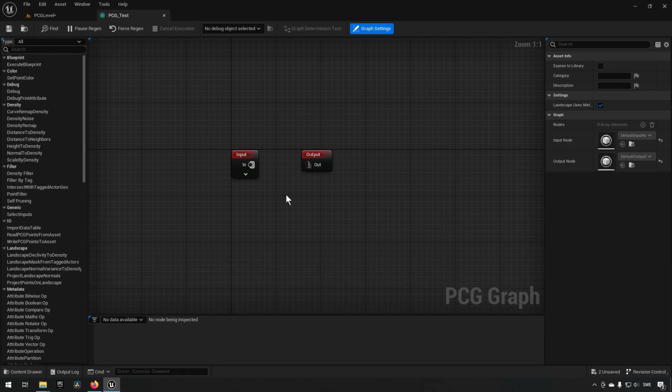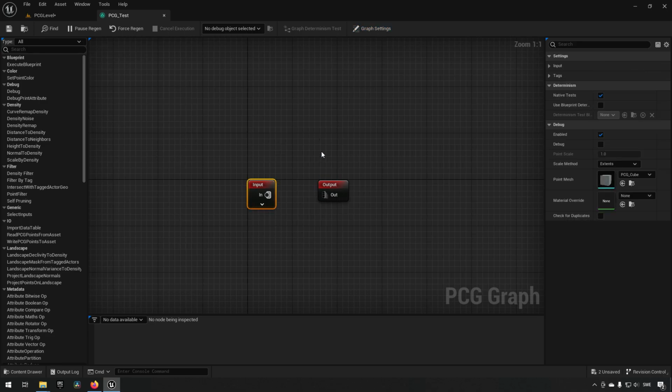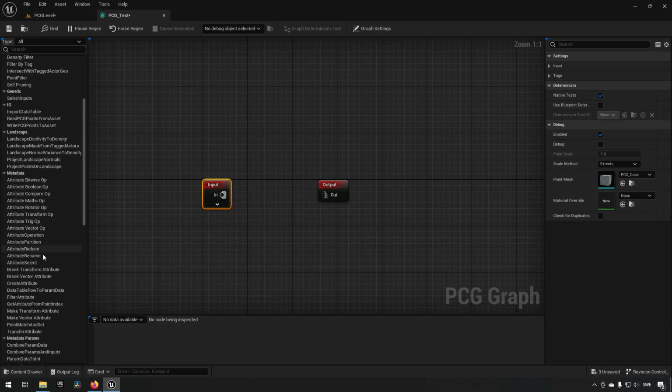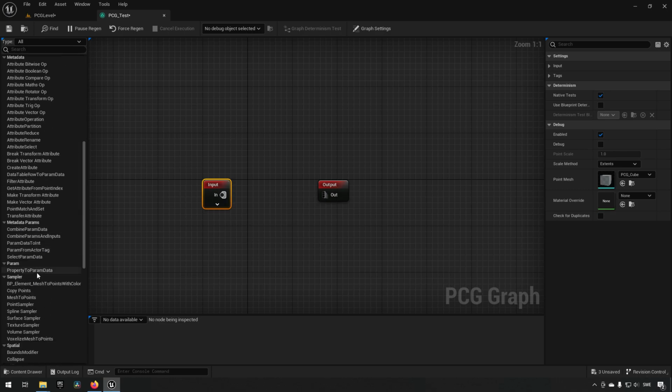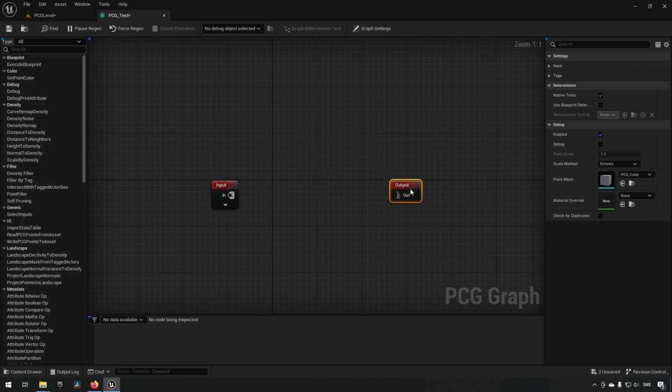So in this scene, we have an input and we have an output, and we have a list of different nodes that we have available to us to the left, and we have some details here to the right. Everything is as is expected. The input here takes information from the volume that we have in the world. To show this off, what we can do is